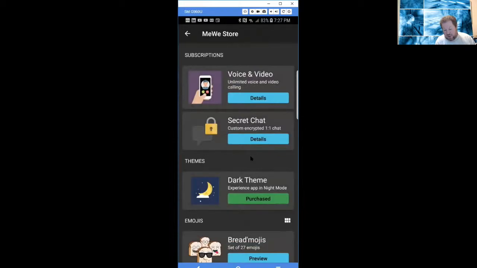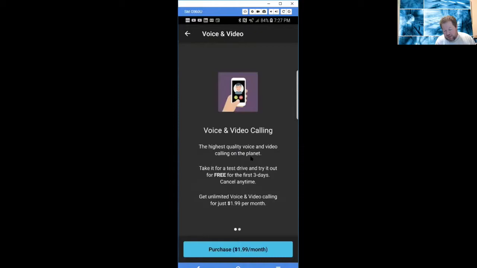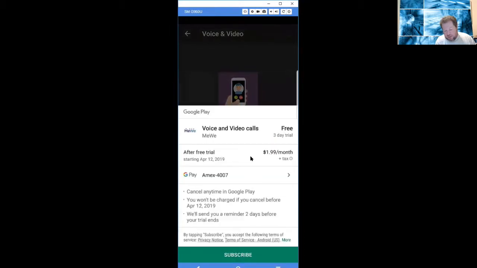So if you wanted to buy, for example, even a subscription, like I wanted to buy unlimited video and voice calling, if I click on details here, you can see that it's giving me a chance to buy it at $1.99 a month, and it says you can cancel anytime. So I'm going to go ahead and buy it. And notice it's asking me to pay with a credit card,